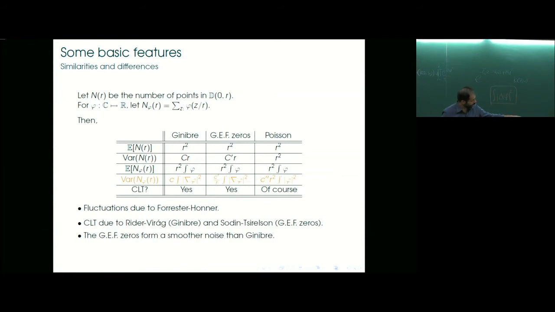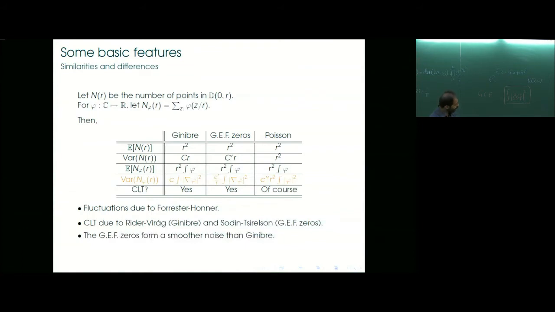But with the decaying thing, the variance actually goes down to 0 when you take larger and larger numbers of points. But in all these cases, even though the variance is very small, the central limit theorem is actually true. So even though it's a very small fluctuation, there is a central limit theorem for these kinds of quantities. You can prove a central limit theorem for this quantity when you normalize by its standard deviation, which is going to